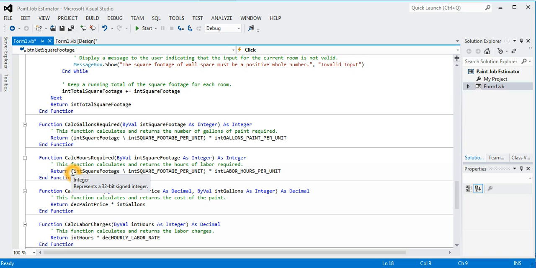pass back. Okay. So one of the things that you want to remember is, typically, when you're doing a calculation, you're just going to do a return, and whatever that particular calculation is going to